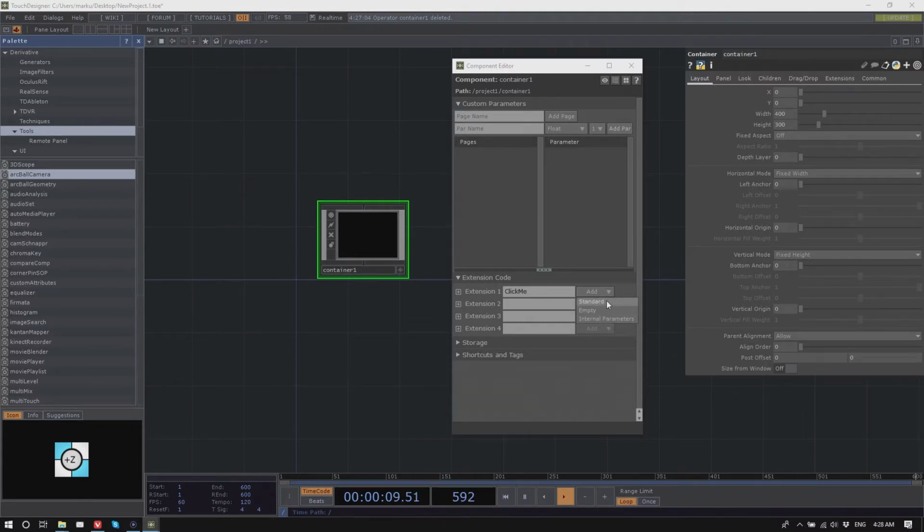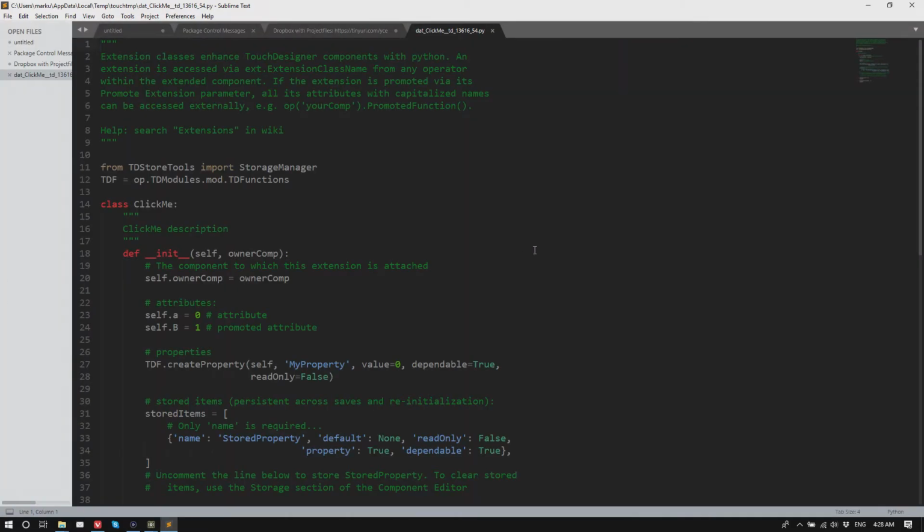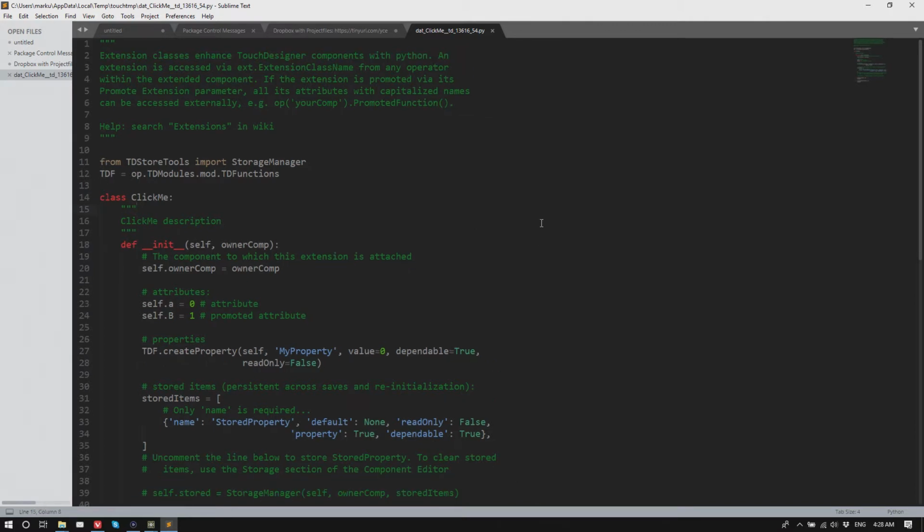Now you've got a couple different options. For now, just use standard. And this will then change a little bit. Now you have an Edit, Init, and Delete button here. So click the Edit button, and up comes a text editor for you. I'll just go through a couple of these things here. Basically, a class was defined with the name that you specified. And here for me, it's class ClickMe.